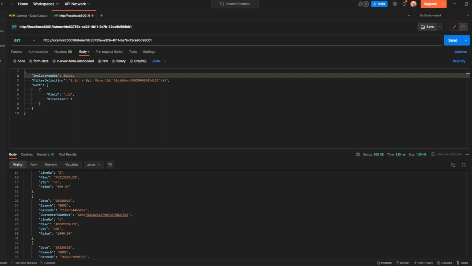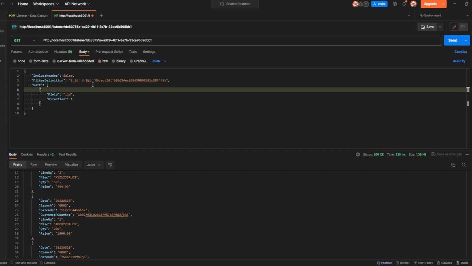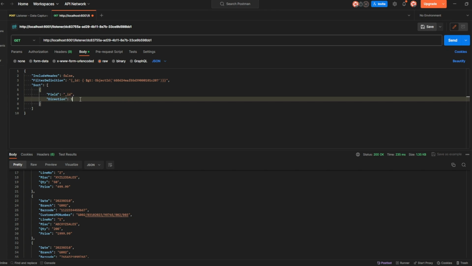Let's make that false. Let's change the object ID to one of the object IDs in our document collection. Okay, and this is a greater than, so this will bring through all documents that are greater than this object ID, and we are sorting by the underscore ID field and in one, so this will bring up the oldest document first. If you would bring up the latest document, you will go -1. Let's do 1 for now,